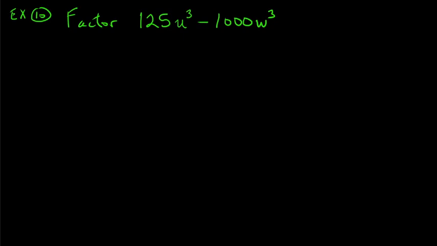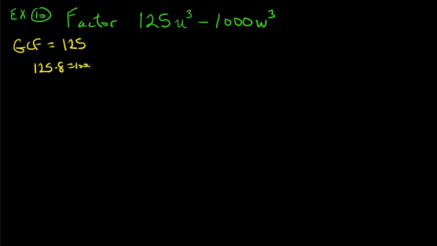Okay, last one. We want to factor 125 u to the 3 minus 1000 w to the 3. And you shouldn't really see numbers quite that big. But, you know, it could happen. You never know when it will show up in the homework. So, yep, I hope you did the GCF. In fact, it is just 125, right? Because 125 times 8